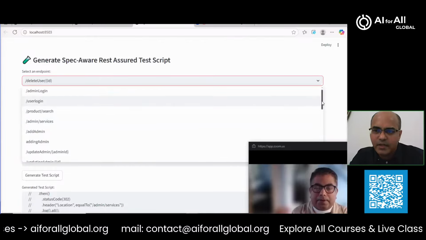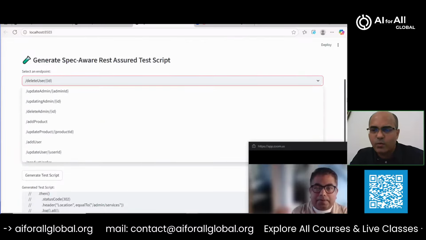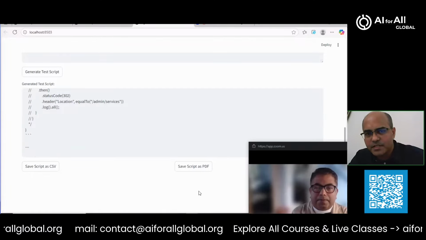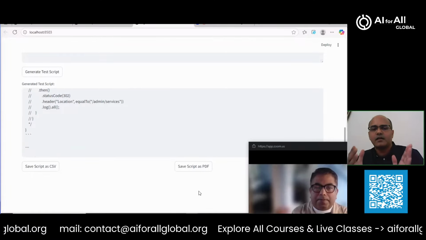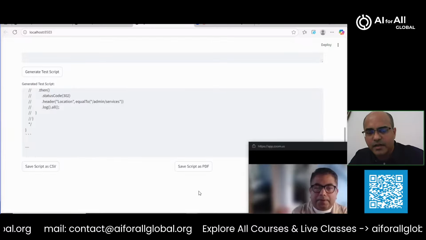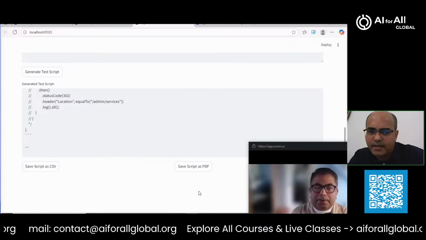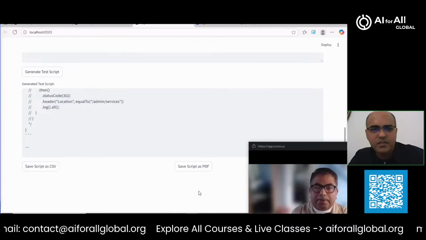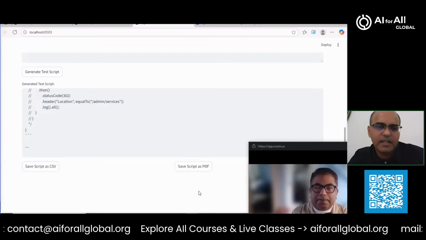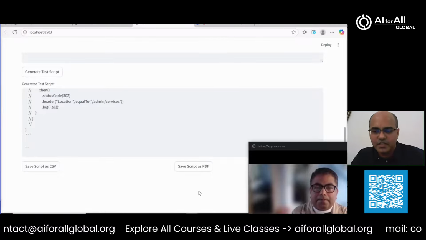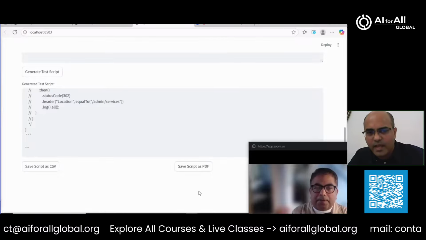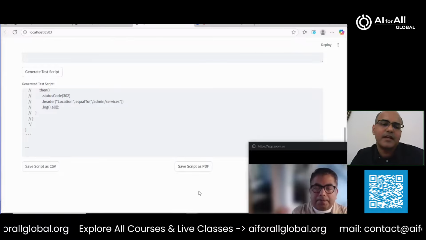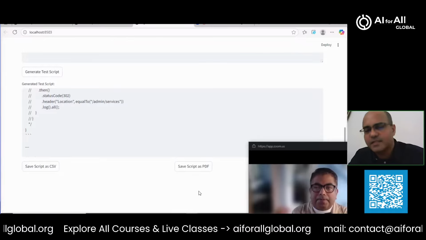It becomes very, very valuable here. Literally, you can generate all the test cases for this, and once you generate them, you just save them, and then you can execute and run them. Now, it's not that when you run it for the first time, it's always going to execute the way you want it. There will be a little tweak, a little adjustment. That's exactly where your experience and expertise come into play.